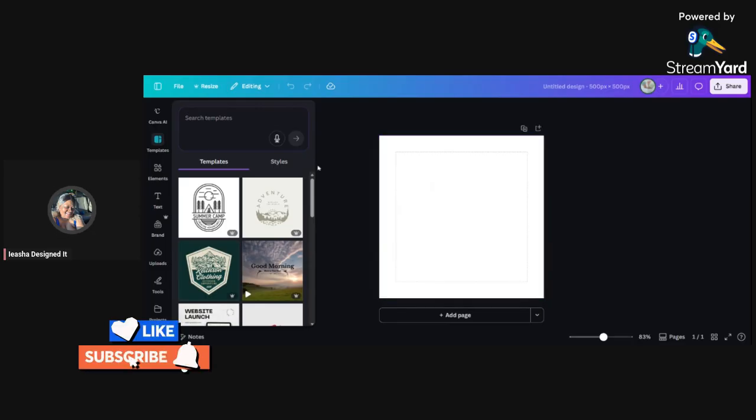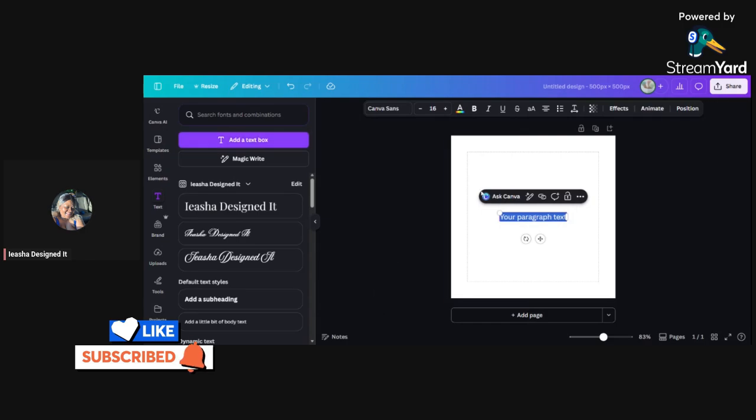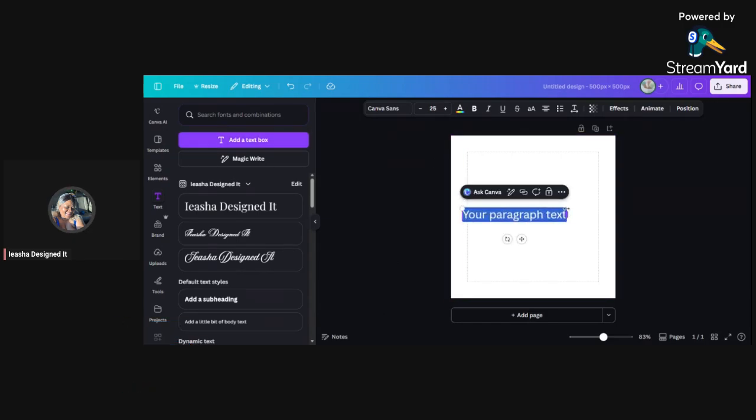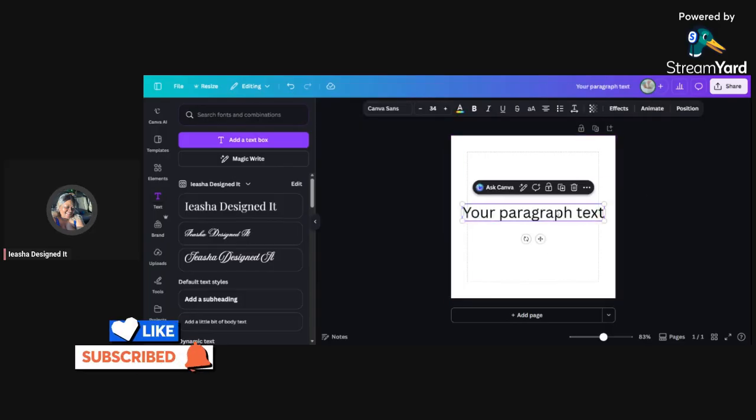So in order to get your watermark, you will come over here to the left hand side. You will come down to where it says text. You will click on it and you will click on add a text box. And once you click on add a text box, I like to increase this so that I can see it better. So I'm going to double click and I'm just going to type my name, Aisha Designed It,